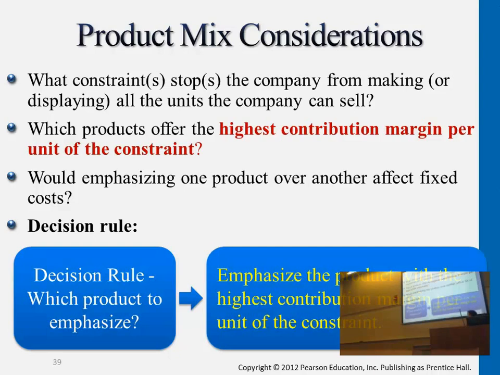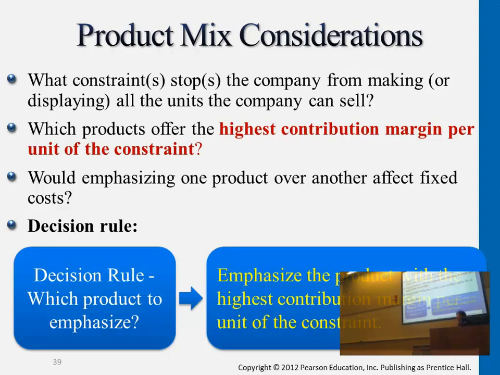Okay, so even though the unit contribution margin of some of the products may be higher, if your company, with the machines and tools you have, physically is not able to get more of these higher contribution margin products every single hour, then probably it's not a good idea to emphasize this. Of course, the assumption here is that customers want both of the products. So we now want to decide which one we want to emphasize more.